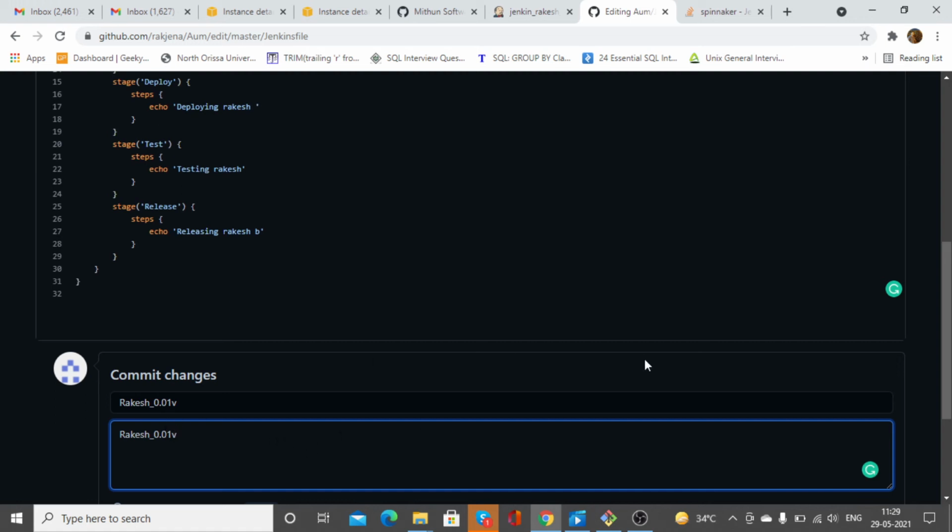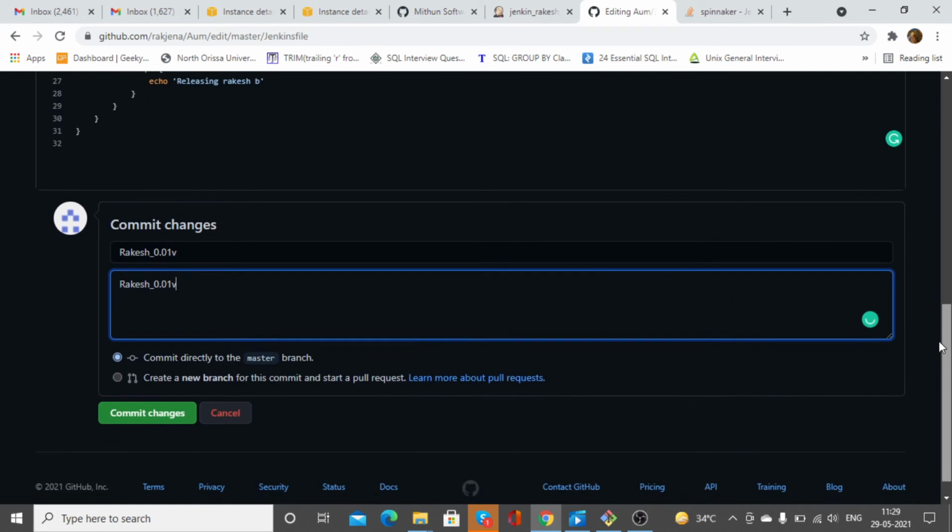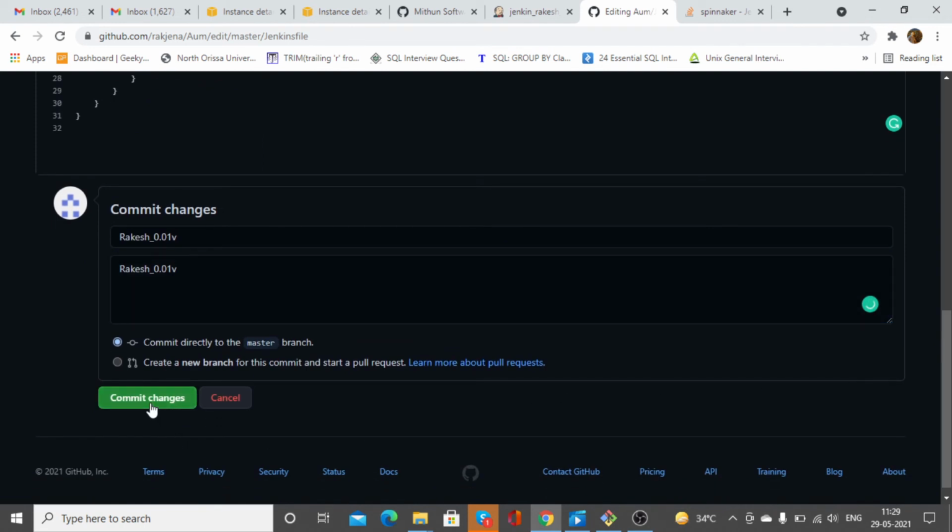So we have put some commit message here. Now commit changes, click here.